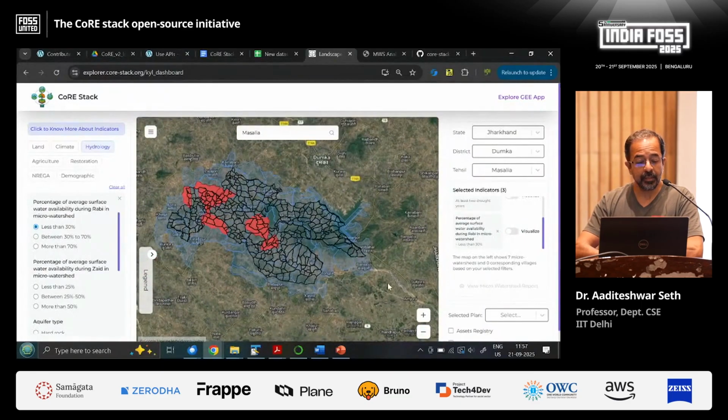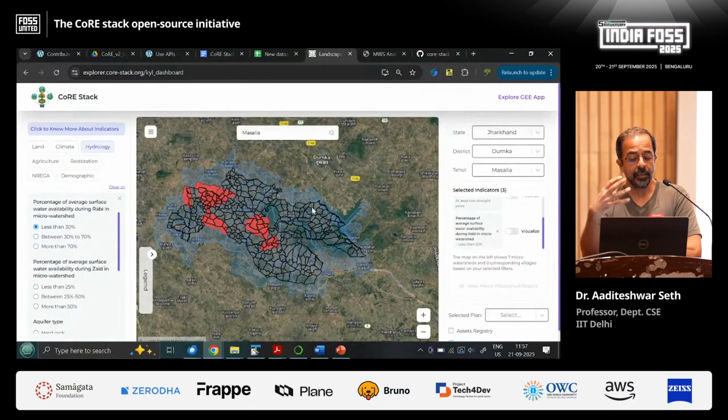So these are some of the things, and essentially what this helps us do is that a tehsil, or a sub district or a block, is a good unit, because this is where a lot of planning for government schemes happens.